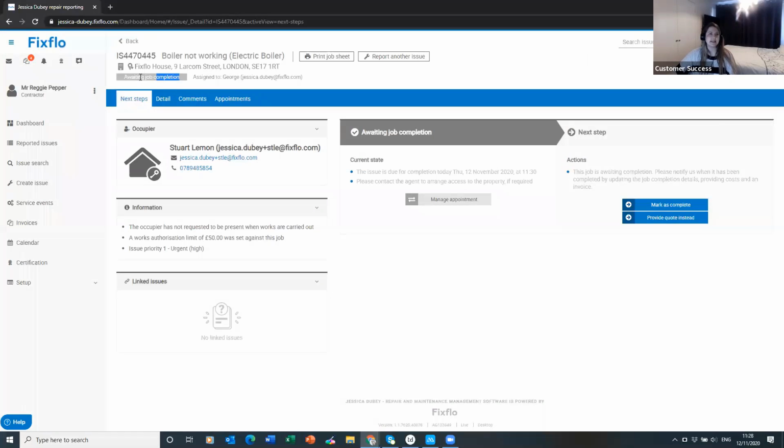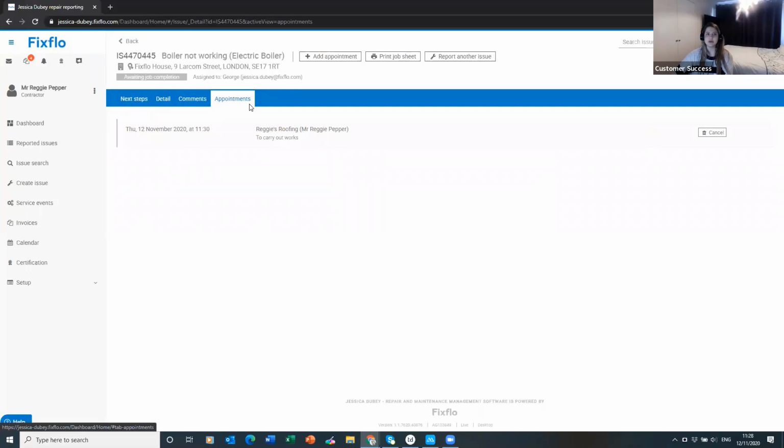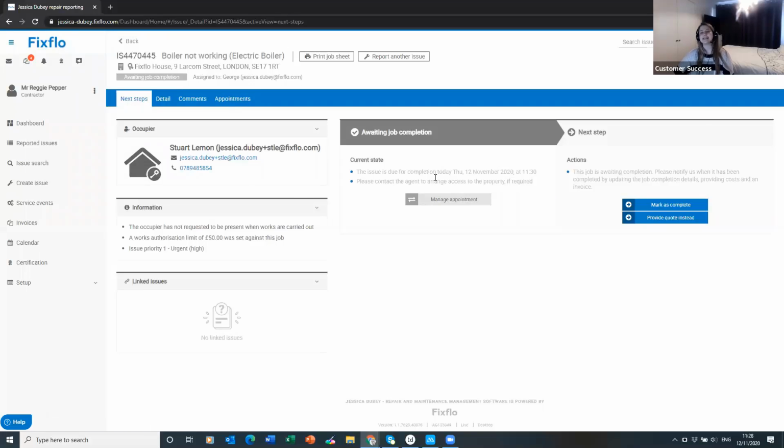And now you can see that the issue status has updated to awaiting job completion. They can click on Manage Appointment, which will take them to the Appointments tab, where appointments can also be cancelled, and they can add follow-up appointments as well. Marking jobs as complete is just as easy. They can click here to mark the job as complete,